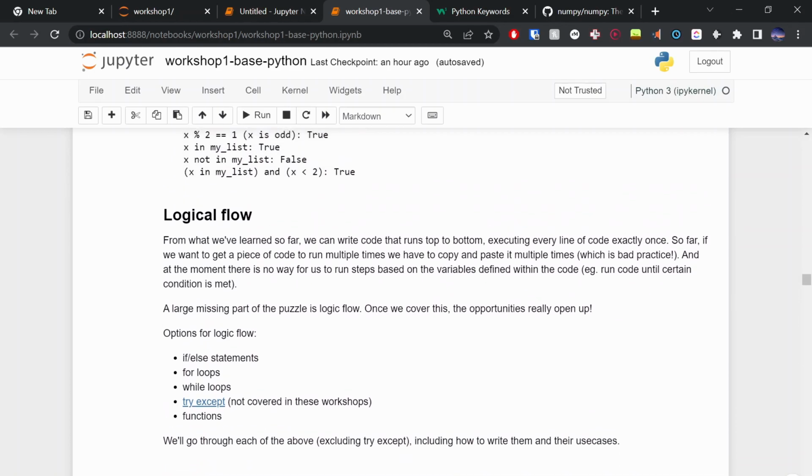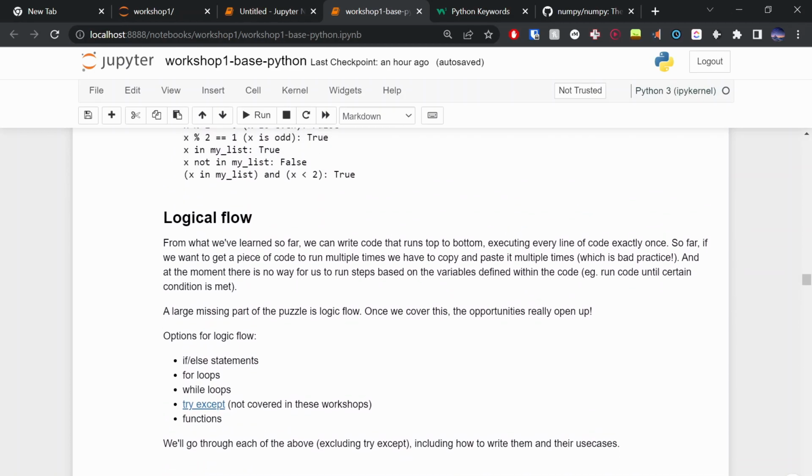Okay, logical flow. From what we've learned so far, we can pretty much write a lot of code. We can do a lot of things, right? It might not seem like it, but we can actually do quite a lot of things. But the problem at the moment is that any code that we write runs from top to bottom, right? There's no way for us to actually control the flow of the execution.